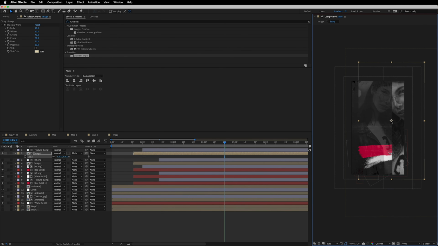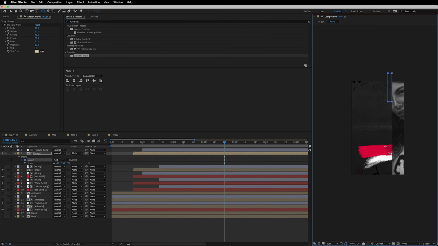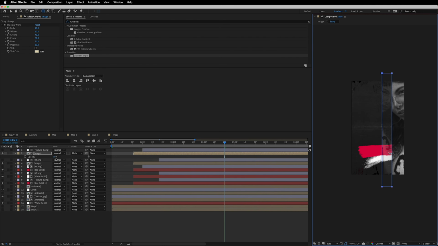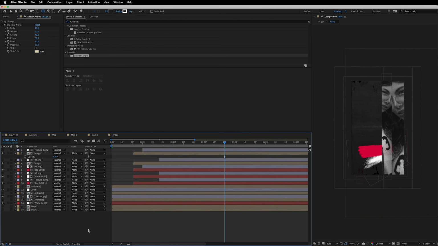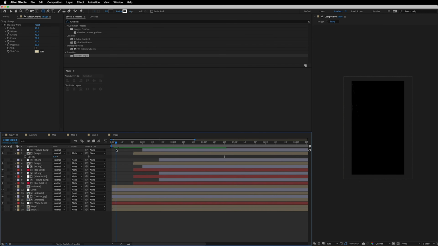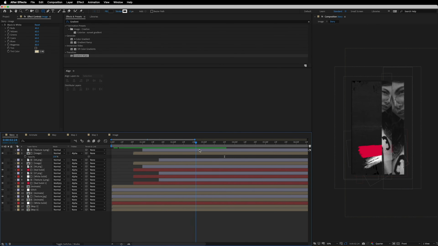So just place it wherever you want. Okay, and now let's grab this rectangle tool and create a mask something like this. Okay, and now we can quickly increase the opacity back to 100 like this. Okay, and now if we take a look on the preview, we will find that both of our images are